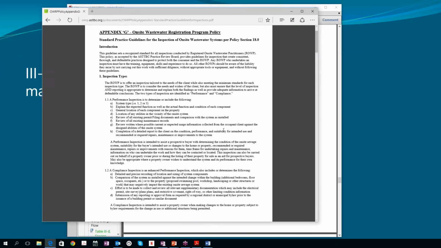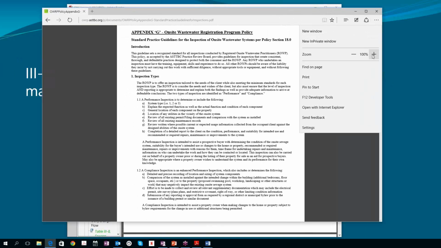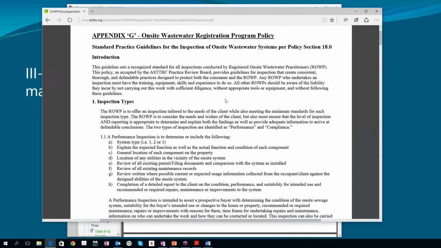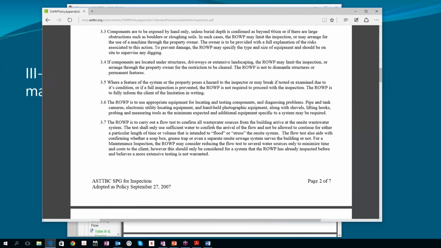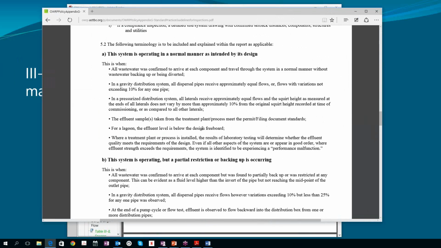So the language we are talking about is this. Is this going to get any bigger? Zoom. Well, that's probably big enough. So all of this policy will be important for inspectors, but for reporting, the terminology we're talking about is this familiar stuff. It lists, I think, from A to J or something like that, quite a few different bits of terminology. And we spent a bunch of money on lawyers on that.